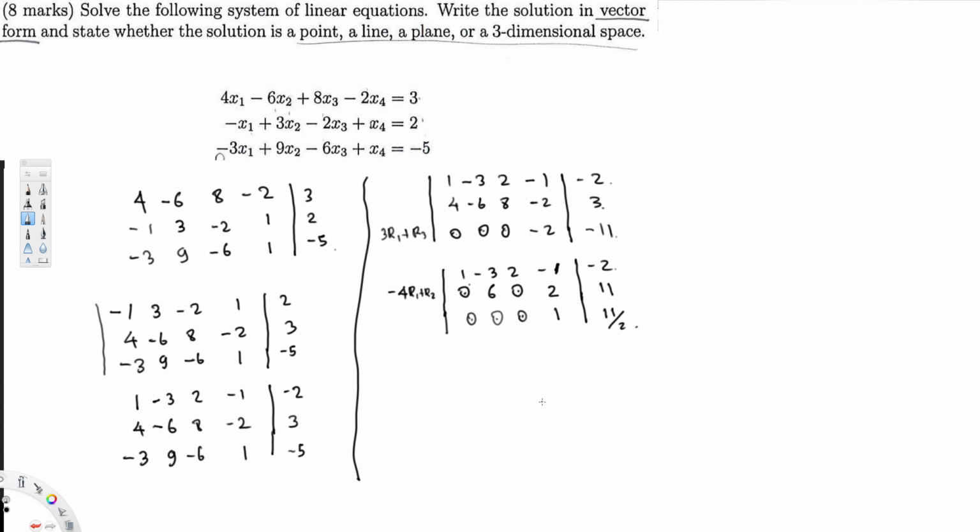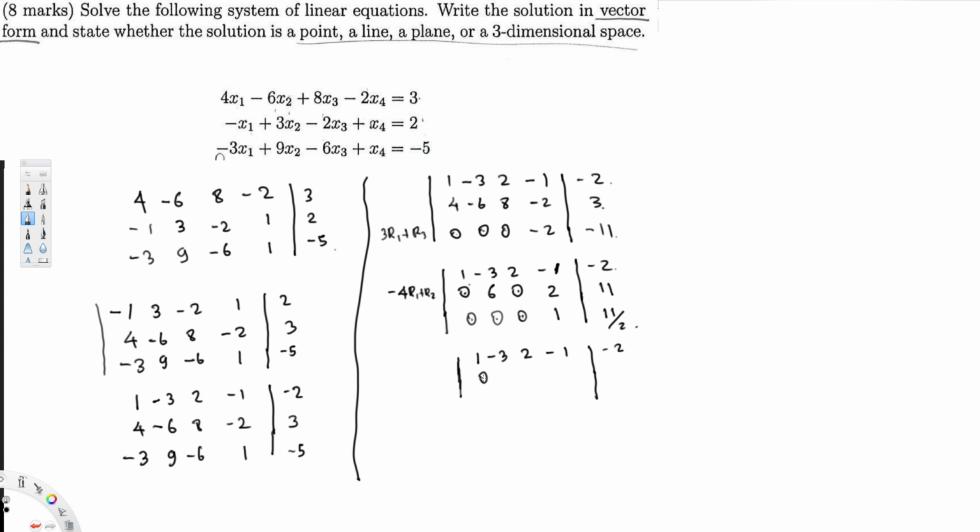Then what I have to do, the second one, this one is a little bit complicated form, like 6. I have to make it into 1, so I can divide this one by 6 to make it 1. So let's do that. So if I do that, 1, minus 3, 2, minus 1, minus 2, and if I divide this one by 3, I will get